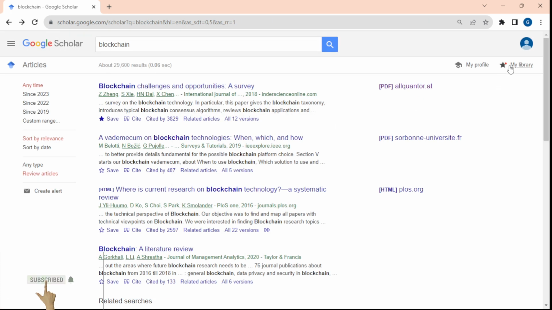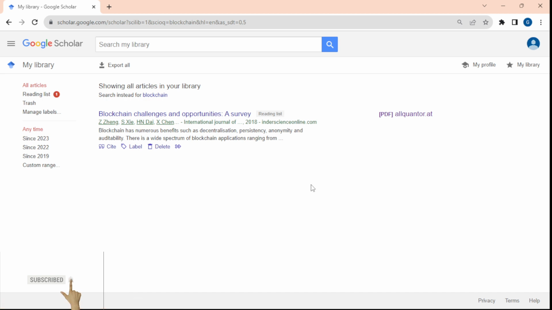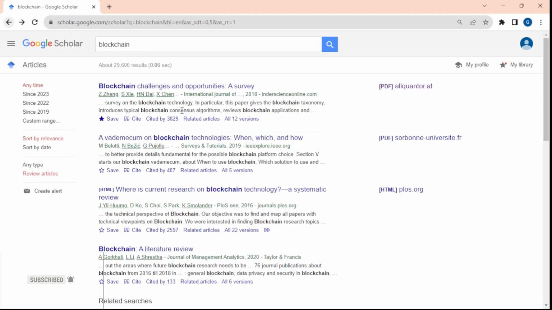So you'll get the article here. Now if you go back and return after 2-3 days, then you may want to reassess the article. Then just click on My Library and you can reassess that article. Okay. Now going back, suppose I am doing some study on different topics like blockchain and artificial intelligence and other